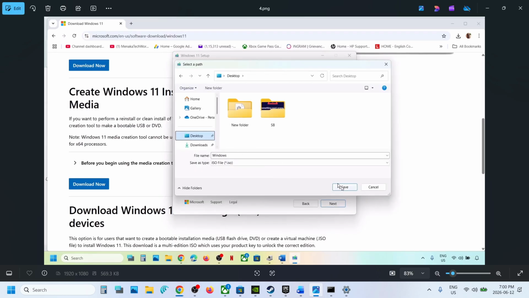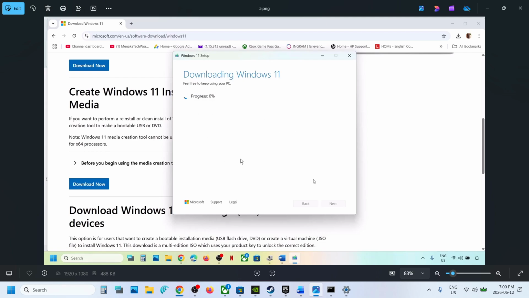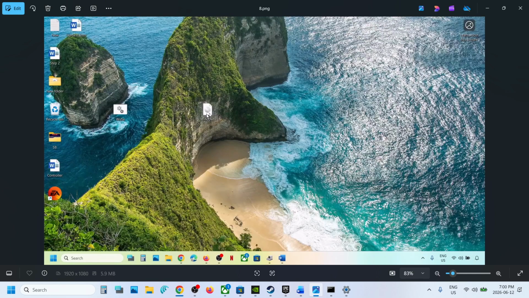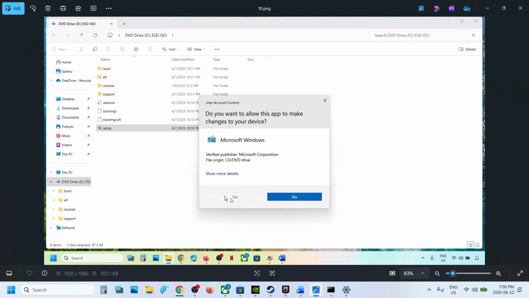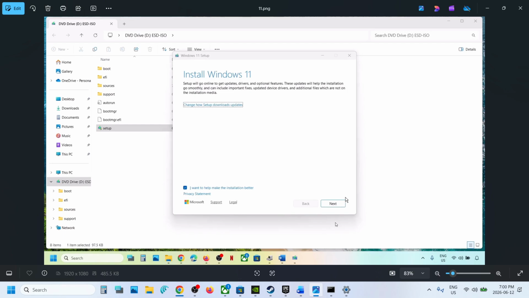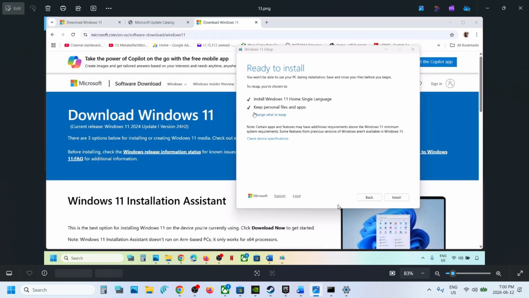You can save it to desktop. Click on save. Let the download complete. The download will take some time. Once done, click on finish. Let this close automatically. Go to desktop, make a double click on Windows ISO file, make a double click on setup file, click on yes to allow, click on next, click on accept, and over here you can see ready